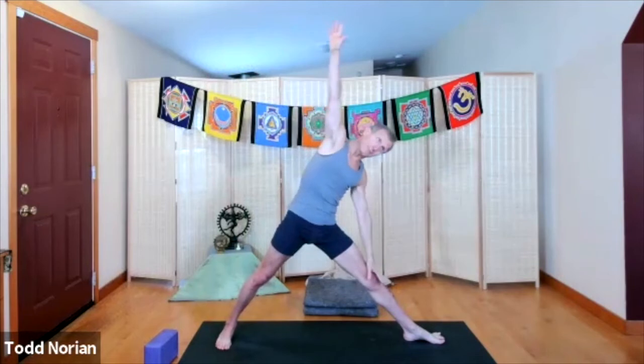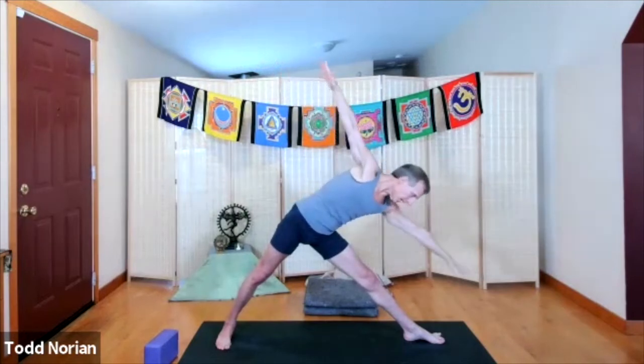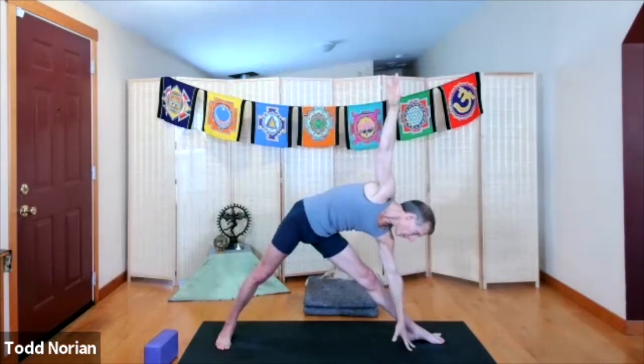Now, the hinge is not from the waistline, which would be this. It's from the hinge of the hip, deep in the hip socket. So try to keep your ribs evenly lifted so we don't get into a hey big spender pose like this. So exhale, lengthen both sides, come into the pose, bring your left hand to your hip for a moment, walk